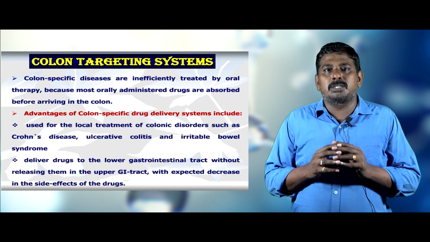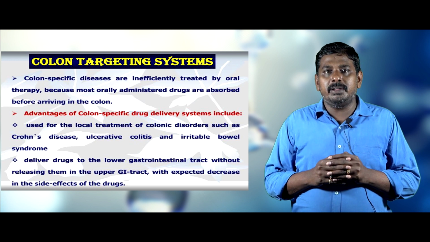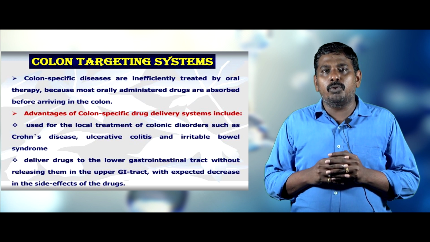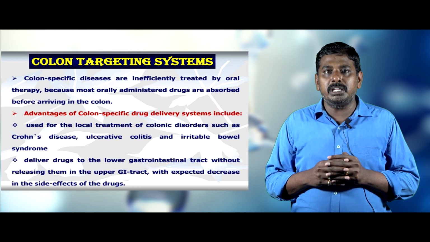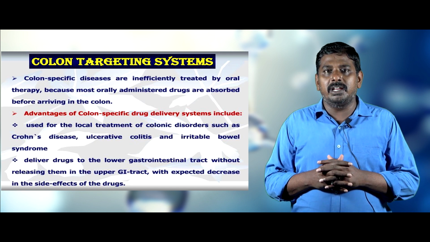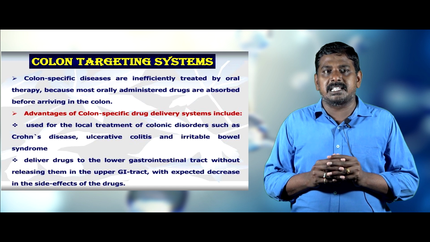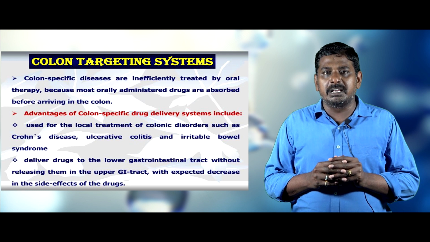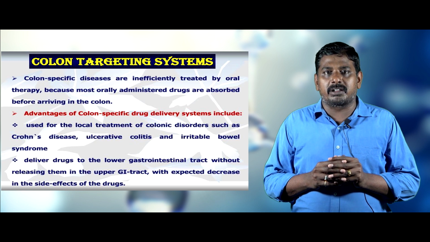So next, colon specific drug delivery system. The diseases are inefficiently treated by oral therapy because most administered oral drugs are absorbed before arriving at the colon area. So advantages of colon specific drug delivery systems: these include use for the local treatment of colonic disorders such as Crohn's disease, ulcerative colitis, inflammatory bowel disease, irritable bowel syndrome and carcinomas and infection of the local disorder of the